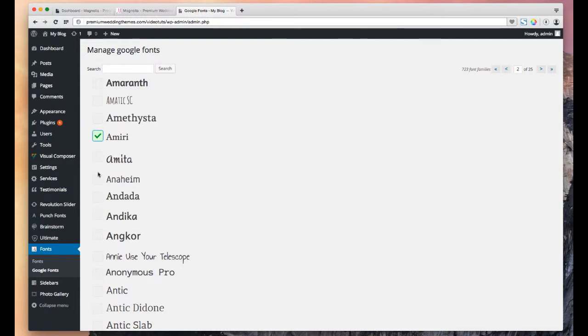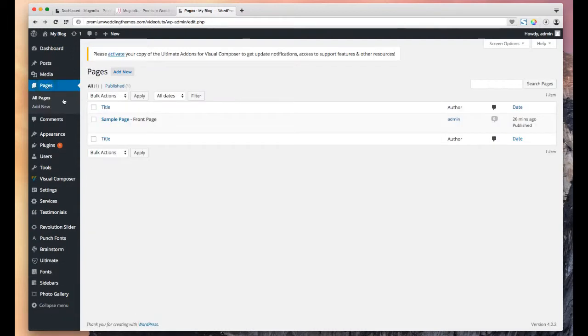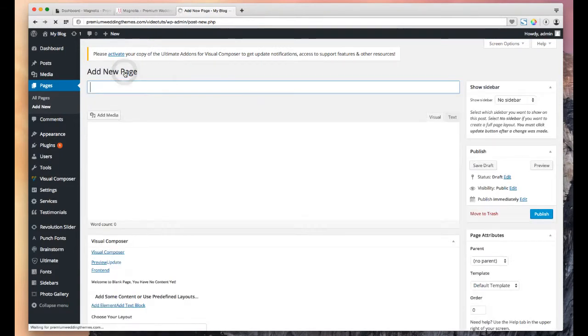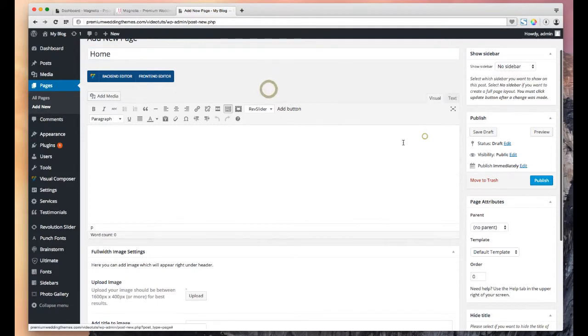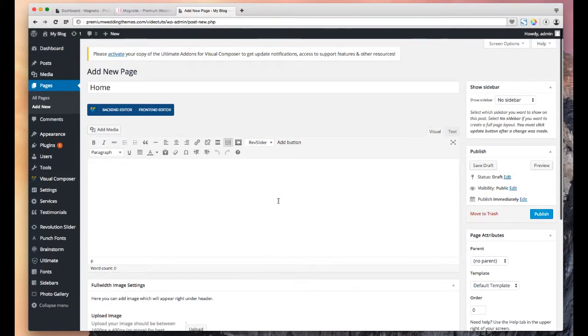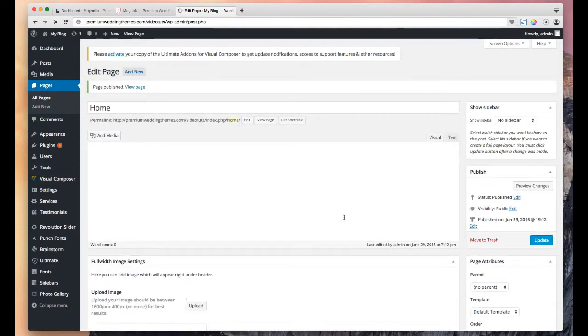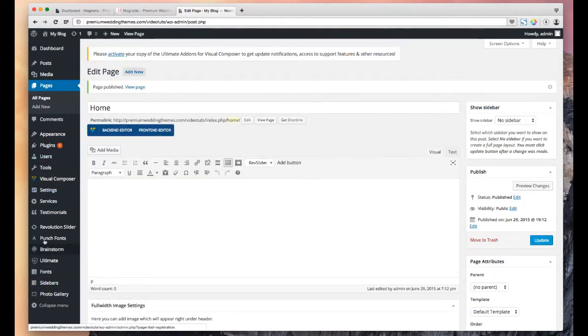What we're going to want to do is go to Pages. We already have one page called Sample Page, and you'll see it's set for the front page. I'm going to create one real quick and call it Home, because that makes it easier. Dismiss these. Publish this. And then what happens is we go to Settings, Reading,